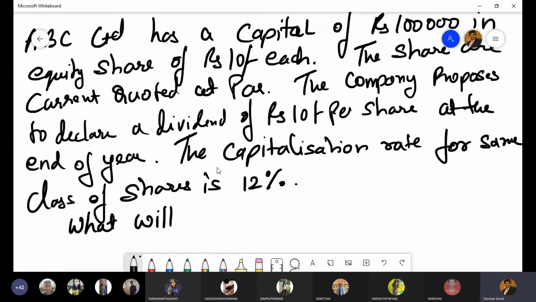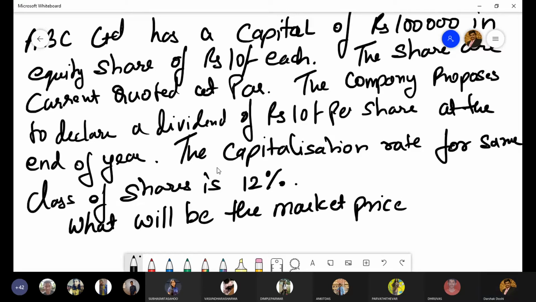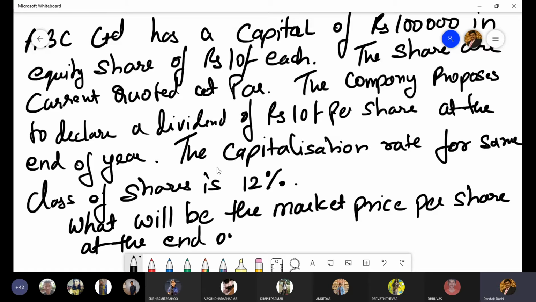What will be the market price per share at the end of year